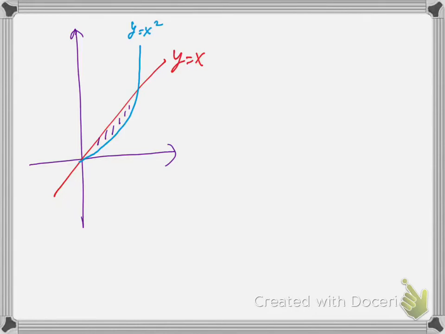Okay, so now let's talk about the area and the volume problems in chapter 5. We always have two directions to cut, right? So let's say first we cut this way. We want to find the area between the curves